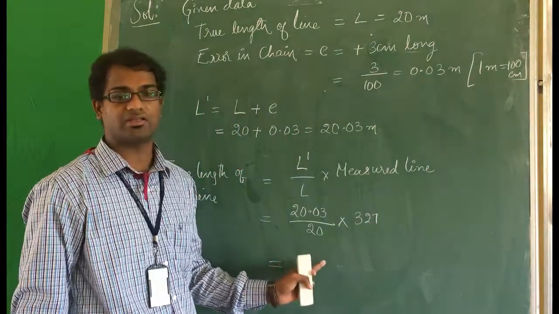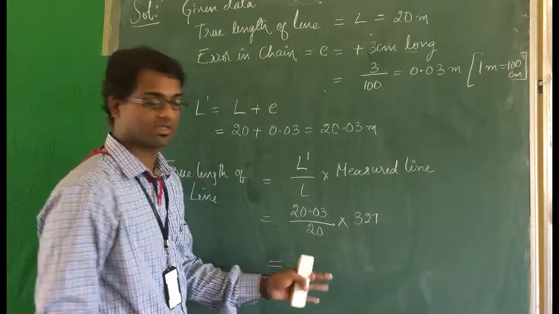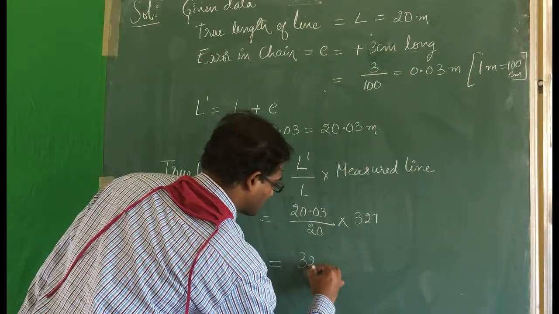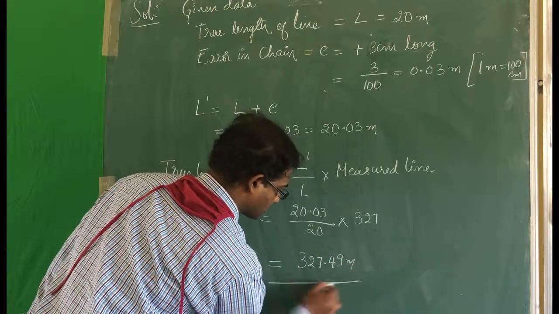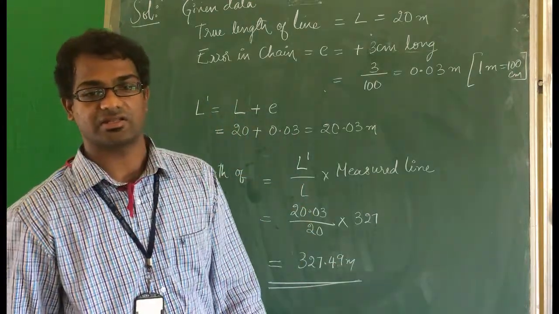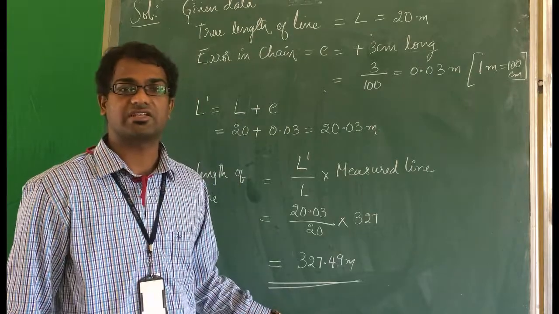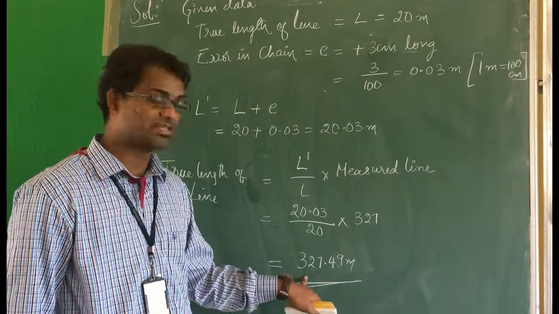And if you calculate this value, you will get 327.49 meters as the answer. So what is the true distance between the points? The true distance is